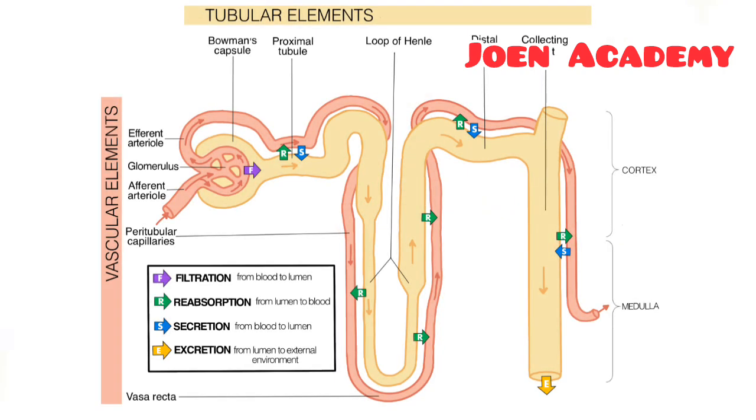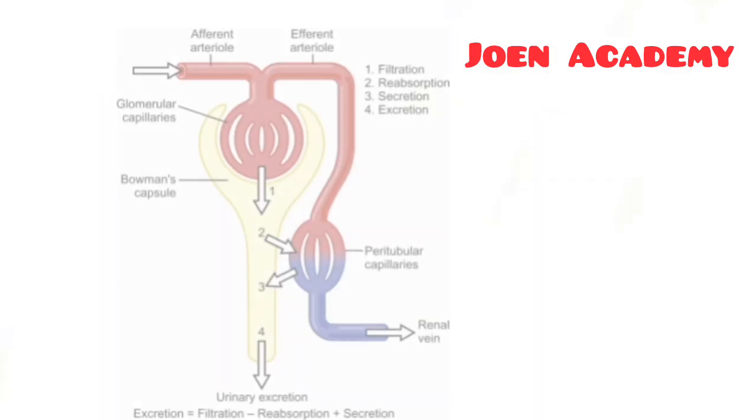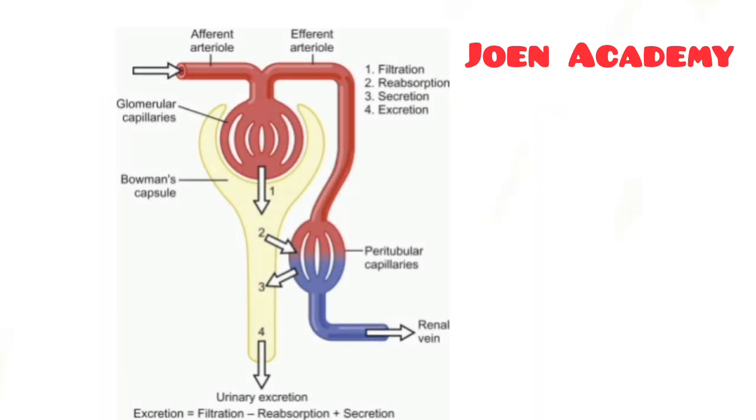After filtration in the glomerulus, blood exits not into a venule, but into another arteriole called the efferent arteriole. This is a unique and important feature of the kidney's vascular system. The efferent arterioles then lead into one of two different capillary beds. In the cortex, they form the peritubular capillaries, which surround the renal tubules and are involved in reabsorbing useful substances